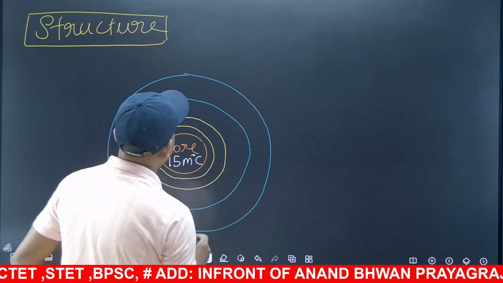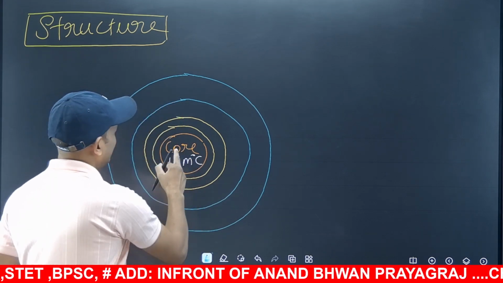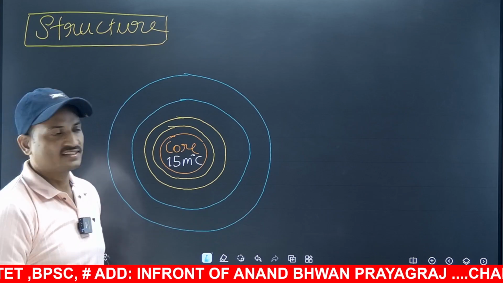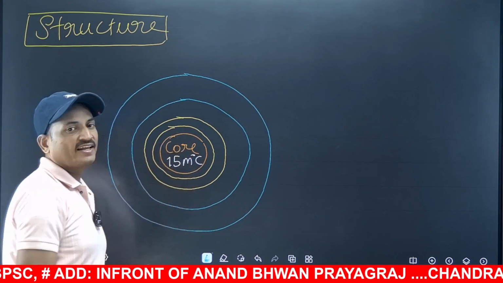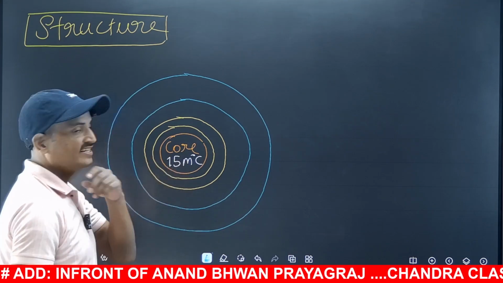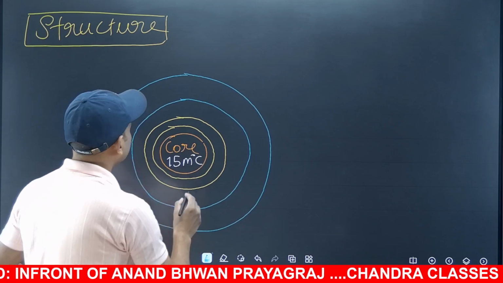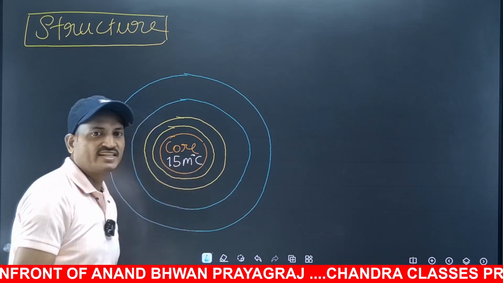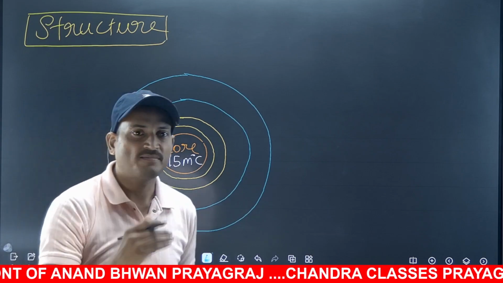So first of all, we know that the core of the sun is the site where nuclear fusion takes place. यही वो site है जहां पर nuclear fusion हो रहा है. And that's why we see the humongous temperature, 15 million degrees Celsius. Now, since nuclear fusion is taking place and energy is getting generated, especially in the form of gamma radiation.